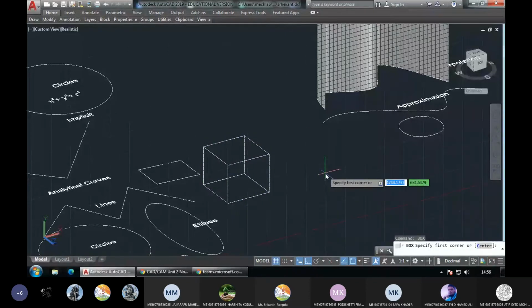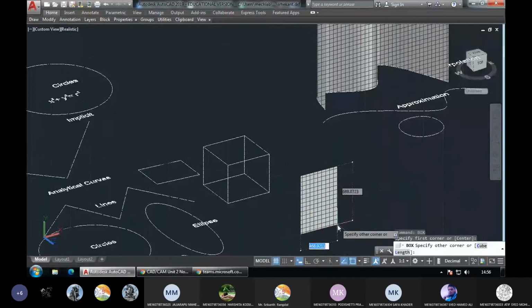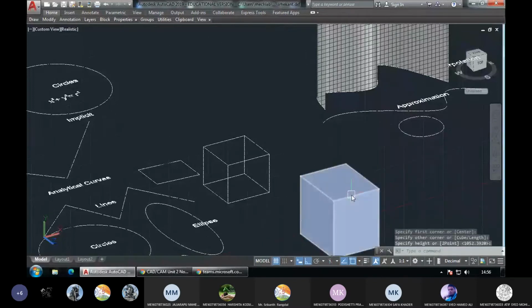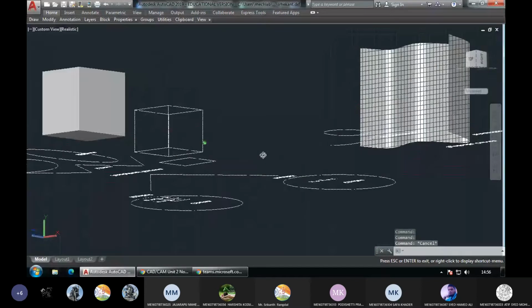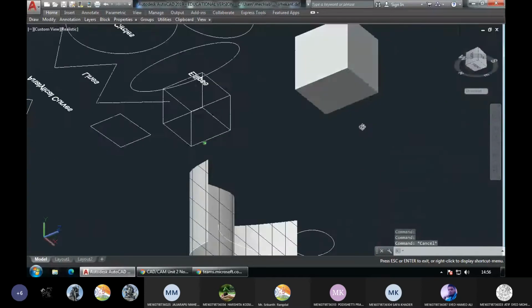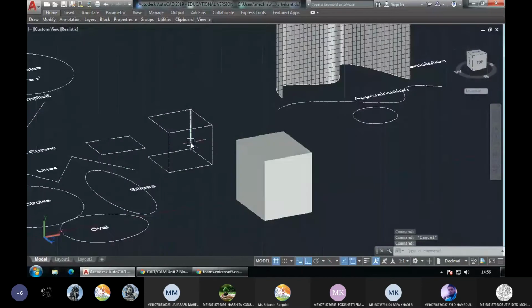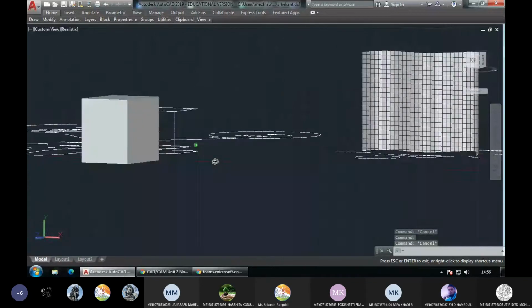But if I take an object like this, so now this face, both these are appearing same, but this one is not having any face. This one is enclosed by faces.